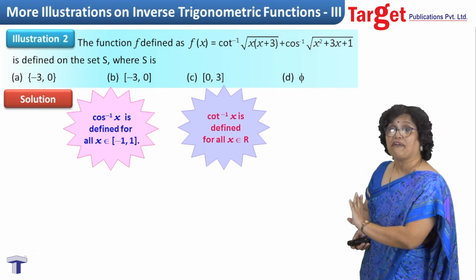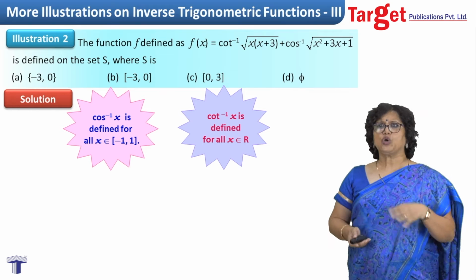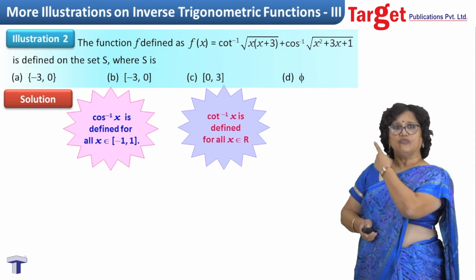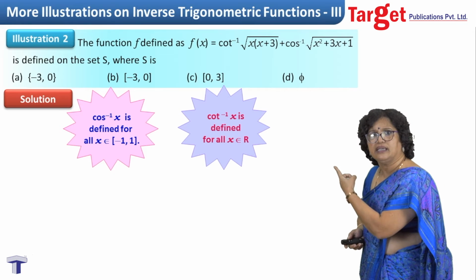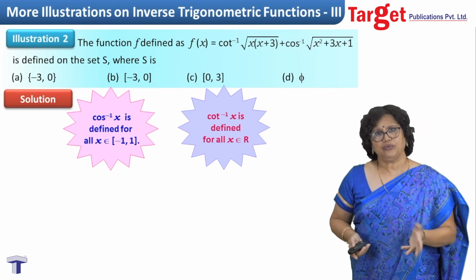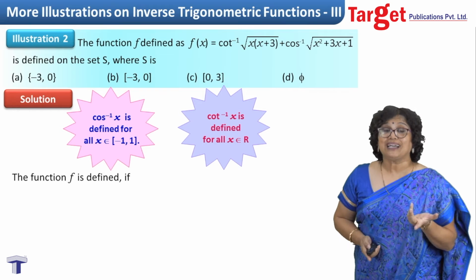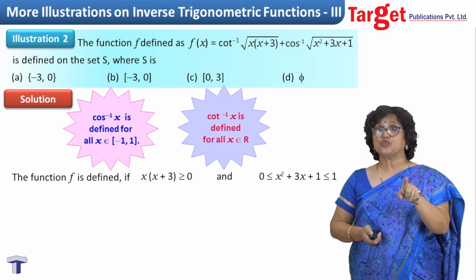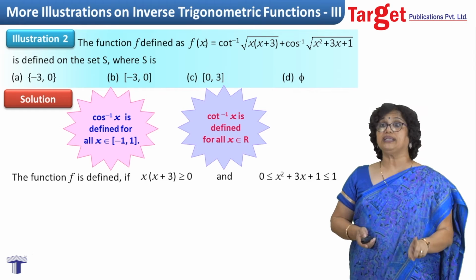Cot inverse x is defined for all x actually. So as such, under root of x square plus 3x, what is written with cot inverse, it is a real value. I know. But then what should be the condition? Condition is, since you are writing that x into x plus 3 inside square root, it should be a non-negative quantity. And